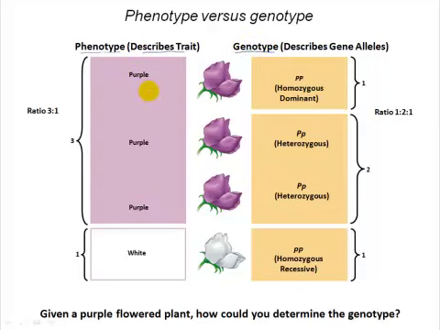So in this case, with our purple and white flowers, we have the phenotype of being either purple or white flowered, but those phenotypes are determined by the corresponding genotypes that we just saw playing out in our cross. So the phenotype ratio that was observed in that F2 generation was 3:1, but that was being driven by genotype ratio of 1:2:1, as we saw in that Punnett square, 1 out of 4 being individuals that have two alleles the same type, both the dominant purple allele. So we can define that state of having two alleles of the same type as being homozygous. So your two alleles are the same.